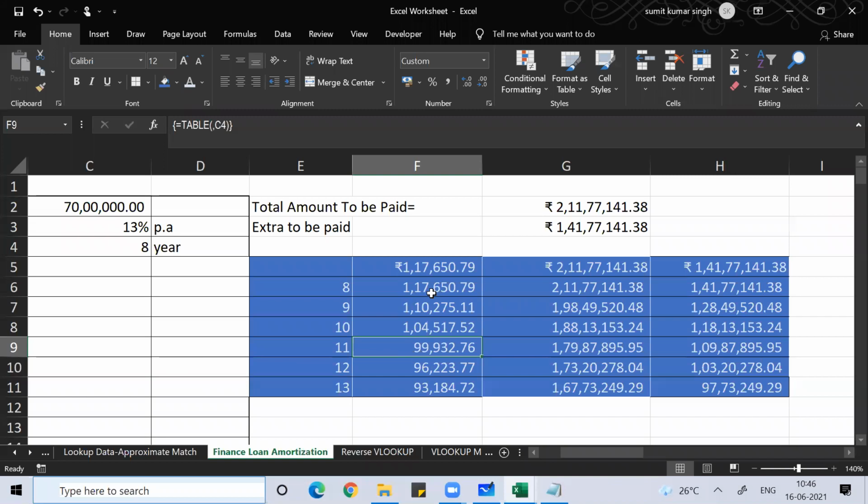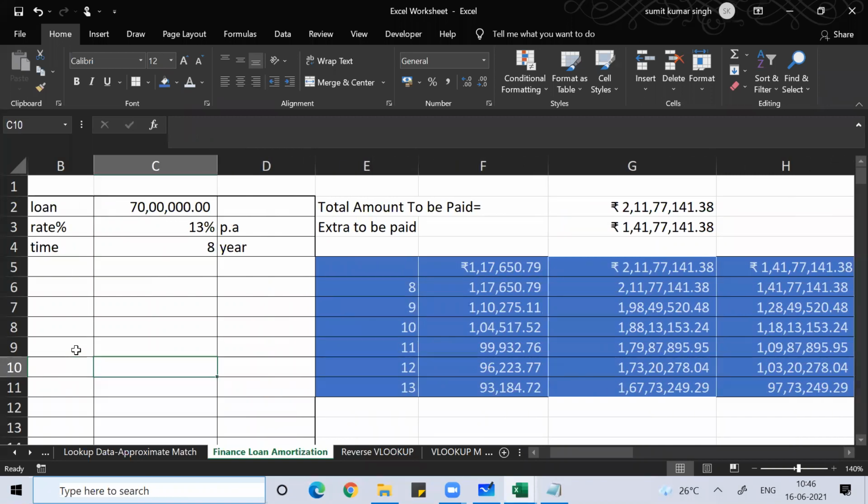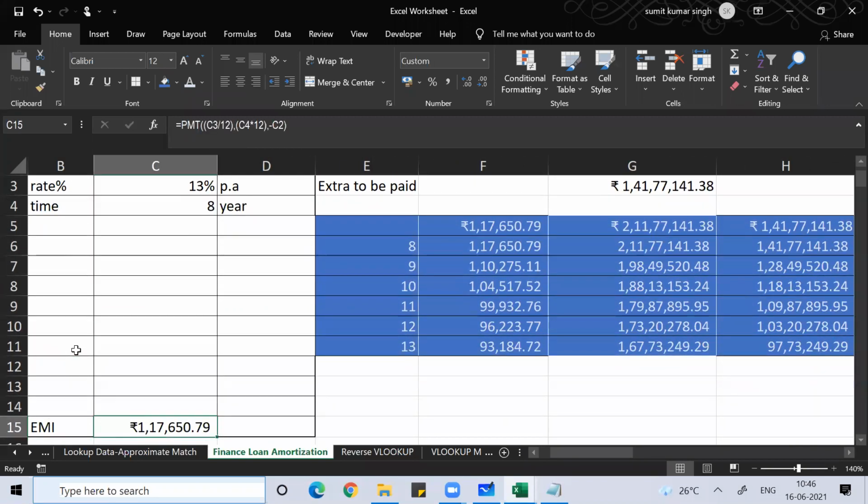So your EMI, if you had taken an 8-year loan, would have been 1,17,650. The total amount to be paid will become 2 crore, and extra you would have paid 1 crore 41 lakh. So that you can figure out by yourself. This whole calculation will be helpful for you whenever you see this.